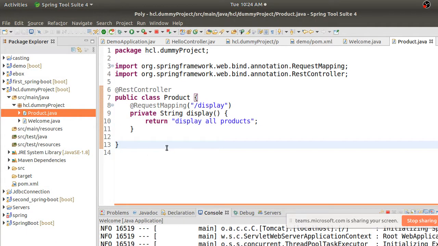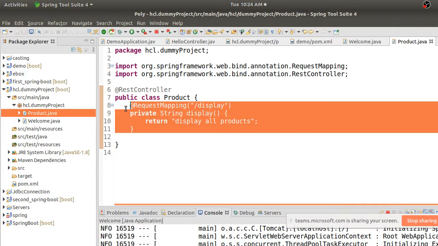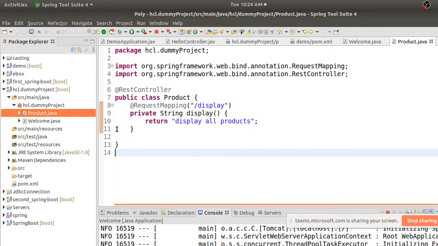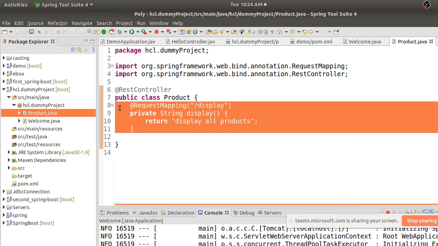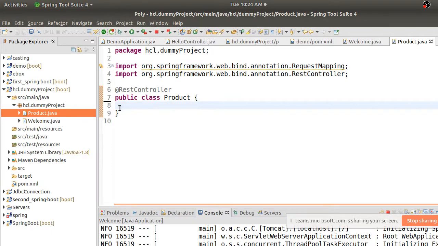Okay, so what we will do first is create some data here. Product is an entity, or a POJO, where I will write some properties, and we can build an actual project instead of doing the normal ones. Okay, so I'll create one project and we will check how exactly an application can be developed.